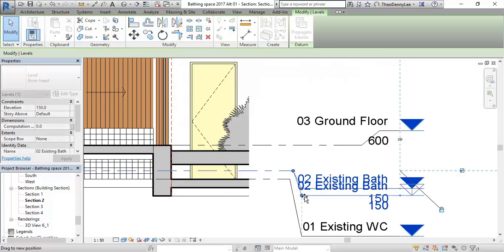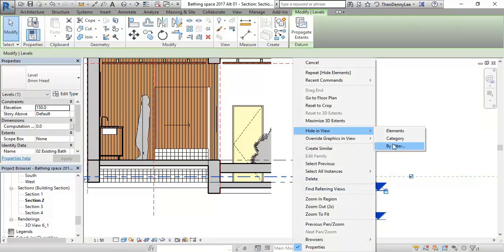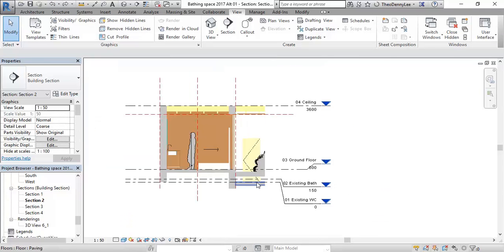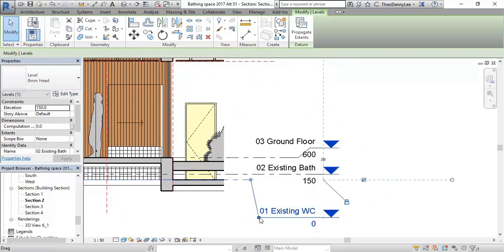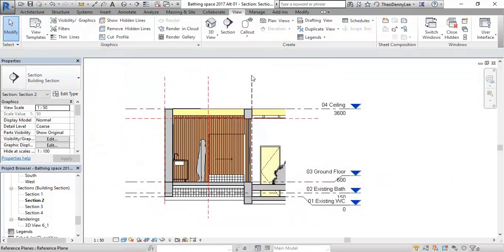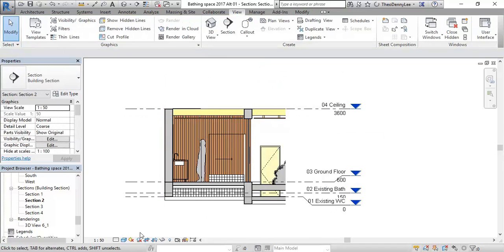Honestly though, I don't mind if you just hide the tags, the levels in other words. So you can just, if you want to, instead of tidying these up, just hide the whole level category. And that's still an okay section. But again, I'm going to keep the levels in because it's good practice. But I will make them a bit neater than that. The reference planes, again, can be hidden, and we don't want those ever to be in your print views. And I'll, again, adjust the crop region a little bit more,